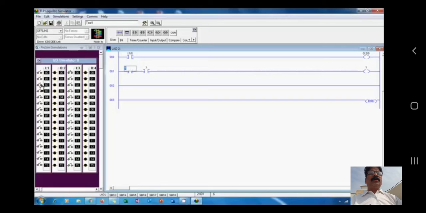I will select the first column, second switch, the address of that is I stands for the input, I:1/1. The second switch I will take as the third, so the address of this is I:1/2.